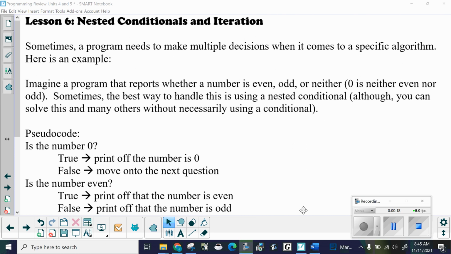Sometimes a program needs to make multiple decisions when it comes to a specific algorithm. Here's an example. Imagine a program that reports whether a number is even, odd, or neither, for 0 is neither even nor odd. Sometimes the best way to handle this is using a nested conditional, although you can solve this and many others without necessarily using a conditional. So the pseudocode: